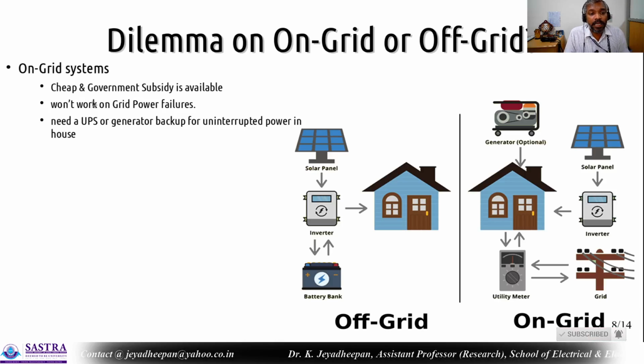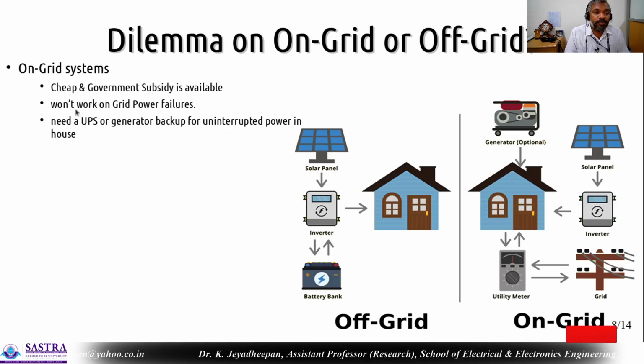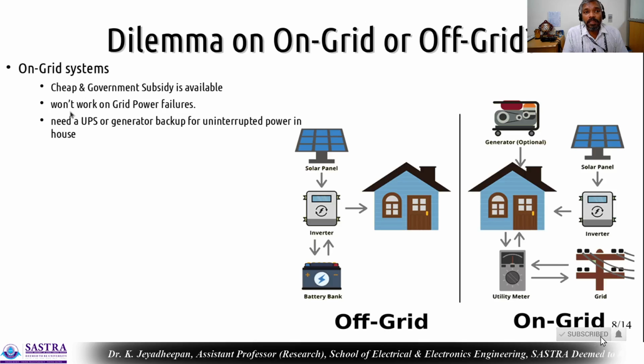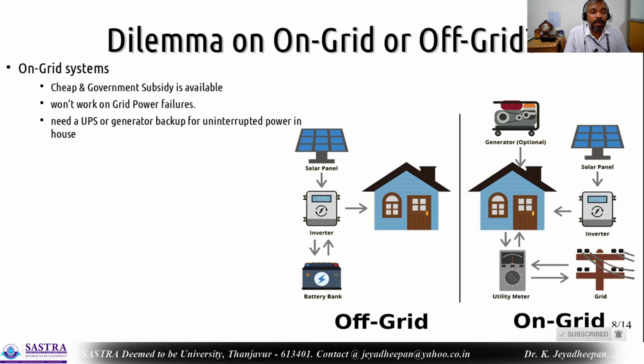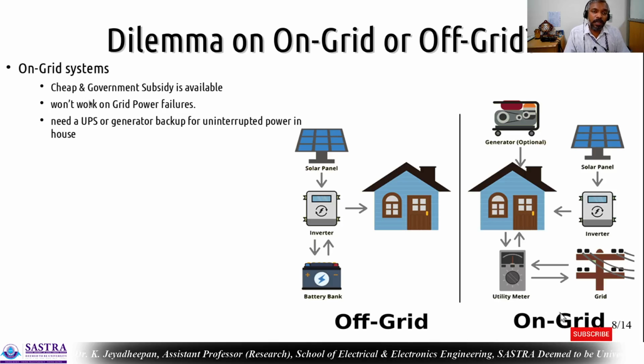One disadvantage of this on-grid solar system is that it will not work during a grid power failure. If the EB power is not coming to your home, the on-grid solar system will not be working, because on-grid inverters synchronize with the frequency and power of your grid power. If the grid power fails, the synchronization is lost,